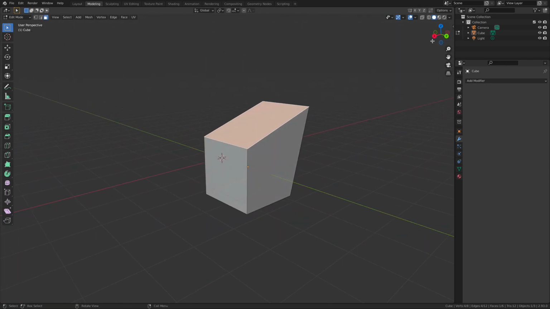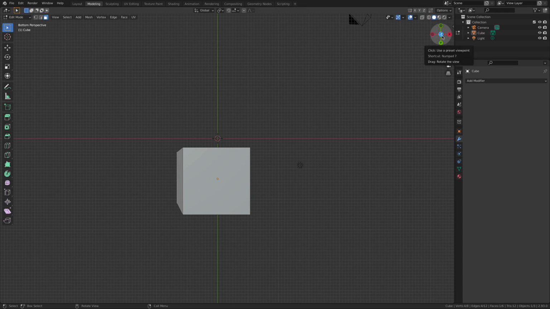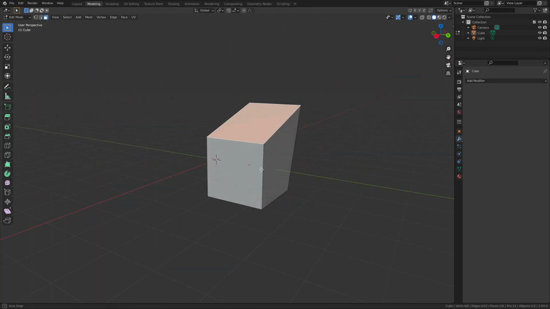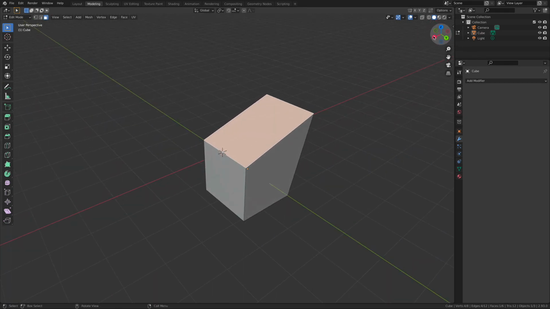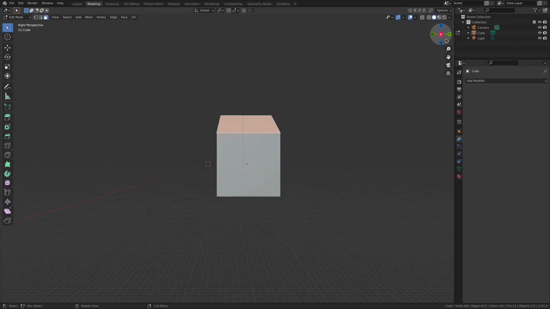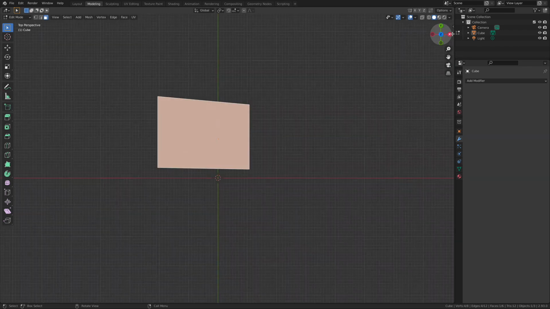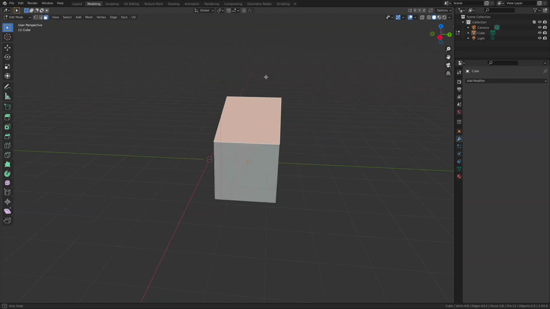Now, one of the things that I do like about this compass very directly is that it's going to tell you the positive areas of the axes with these little badges, which is pretty cool. So if you look carefully here, as I hover over each one of them, yeah, I can look at the negative Y side, which is pretty cool. There's the positive X, positive Y. So this is a great way of understanding the front, the top, things like that. So that's going to help you out as well.